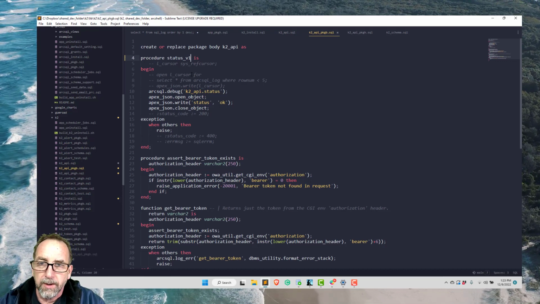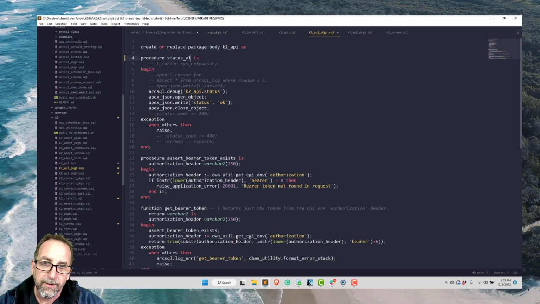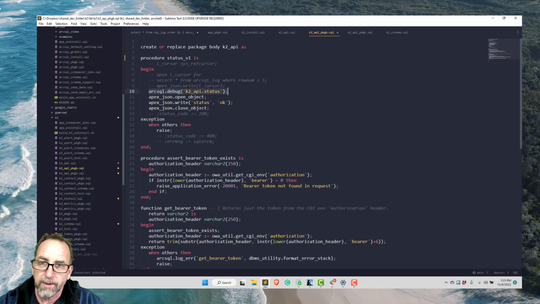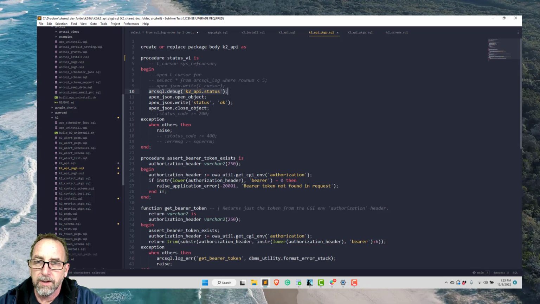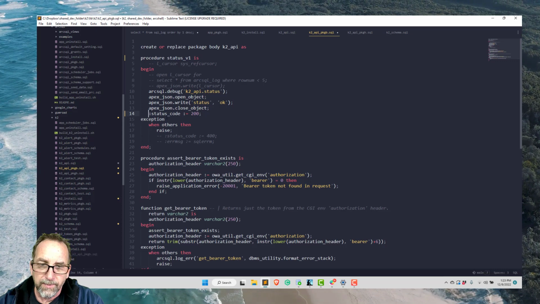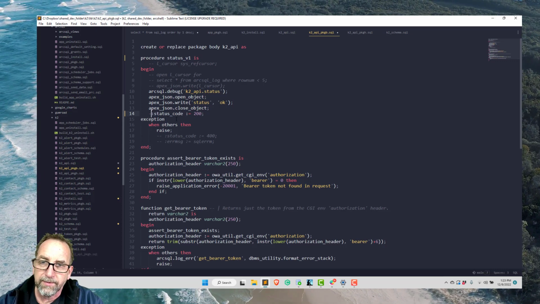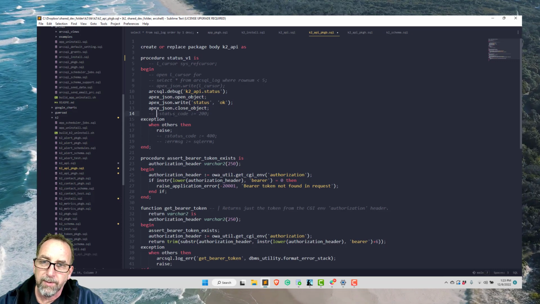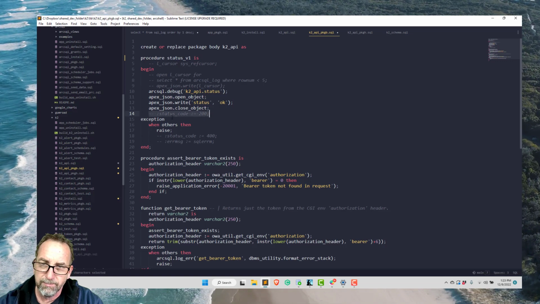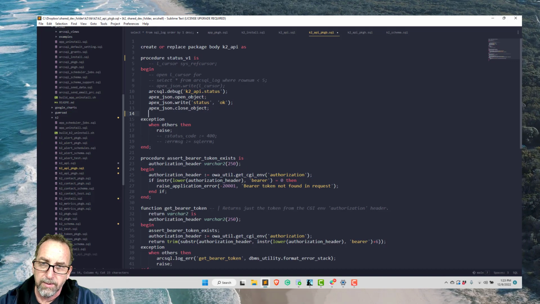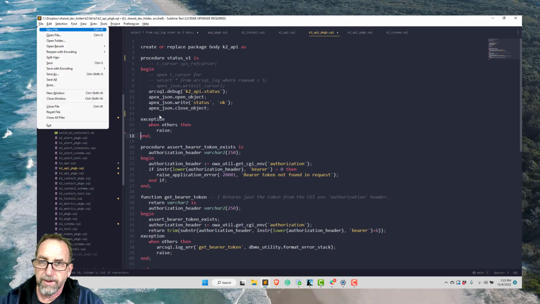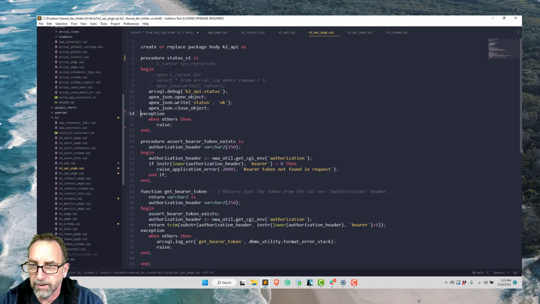Okay, so this just helps us. We can check the log file and see if this thing even gets called. It's going to do an open object. It's going to write status okay, and then, I think, oh yeah, you can't put the status code here because it's like a bind variable. So I'm wondering if there's a way to do this where I can set the status code, but that doesn't work. And so what you have to do is you put that in the wrapper.